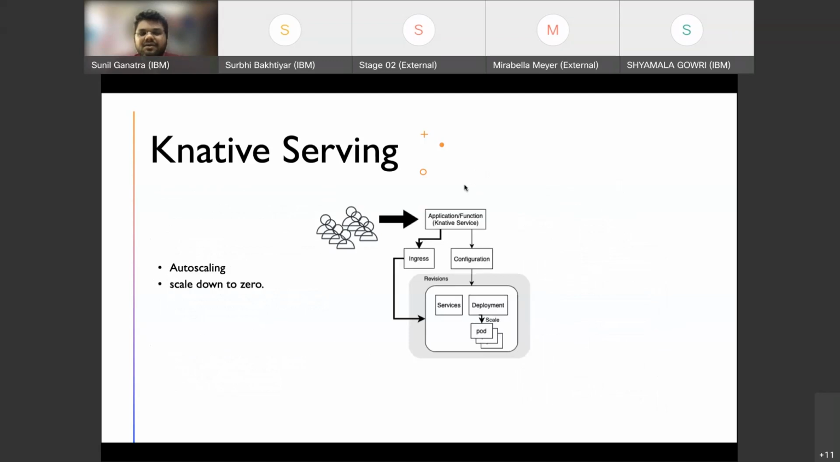If I drill down to Knative serving, how it basically works is, let's say I have deployed my application as a Knative service, and as of now, let's say I have only a few users who are using this service, and let's say there is a sudden surge in demand. In that case, based on the traffic it is getting, it will automatically detect how many concurrent requests it is serving, and based on the configuration, it will scale up and down your